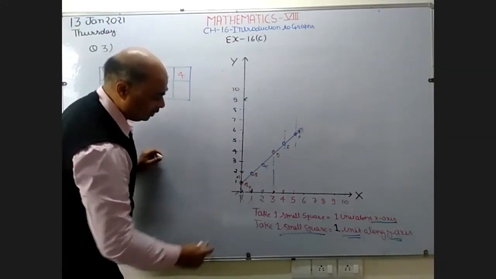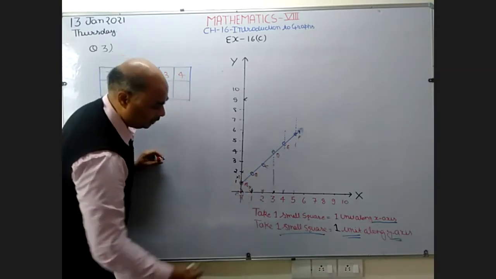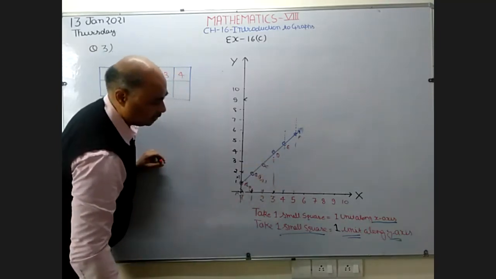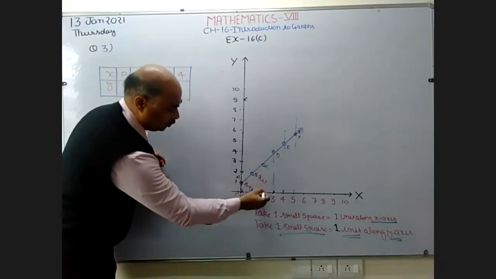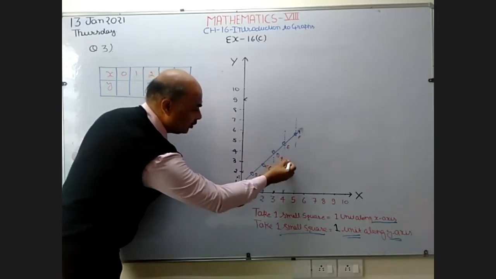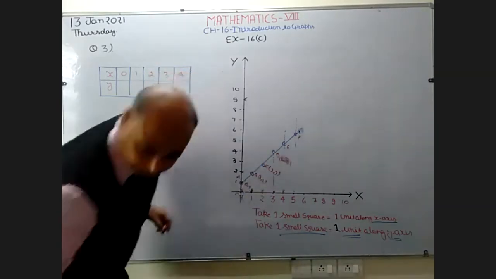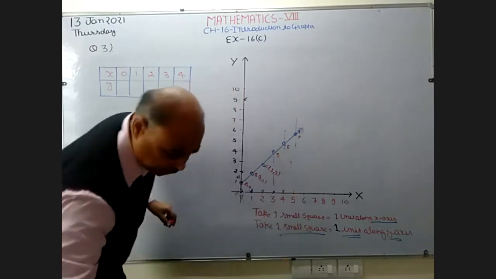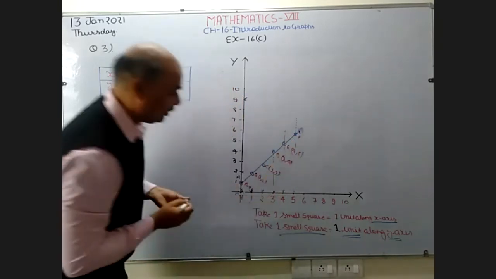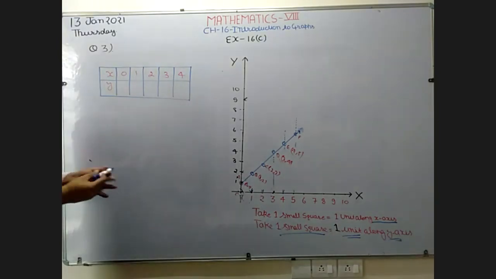Tell what are the coordinates of point B. B, beta, this one, B. Sir, 1 and 2. Okay, 1 and 2. Tell the coordinates of C also. Sir, 2 and 3. Okay, 2 and 3. Similarly, this is going to be 3 and 4, and then 4 and 5. Yes, this is represented by 3 and 4 and then 4 and 5. Yes, mute yourself, beta. Now all coordinates are there.